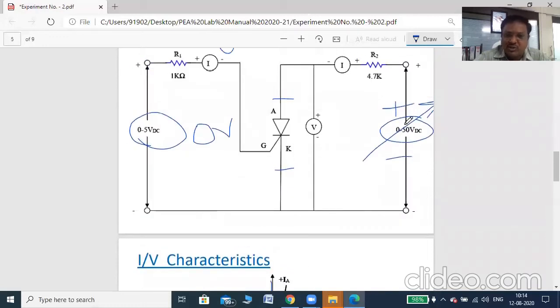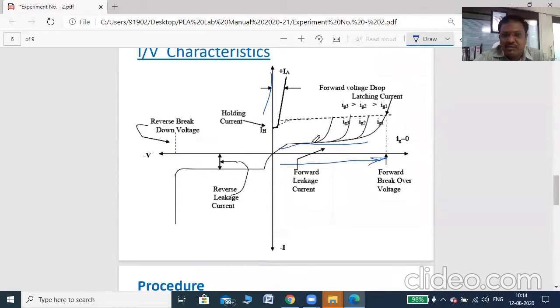So the SCR definitely turns on. Once the SCR turns on, current flows through the SCR, right? Once the SCR turns on, the voltage across it is equal to 1 volt. That is called the on-state voltage drop, right? Immediately before turning on, the voltage across the SCR is equal to the applied voltage. But once the SCR turns on, the voltage across it equals 1 volt, called the on-state voltage drop. So in the transition, the voltage drops and then the current increases rapidly, right? This is the first condition.